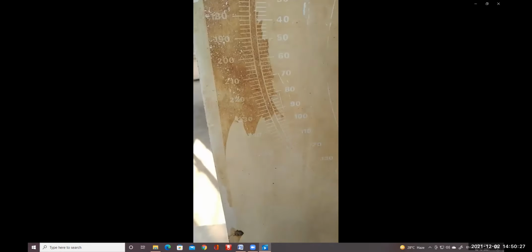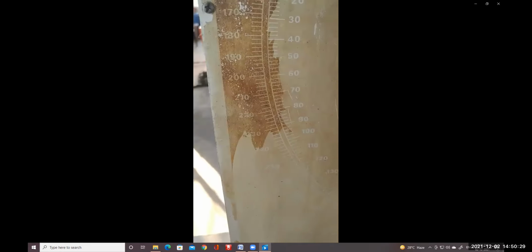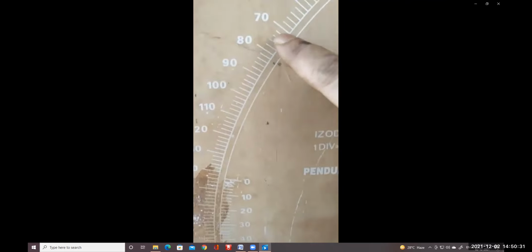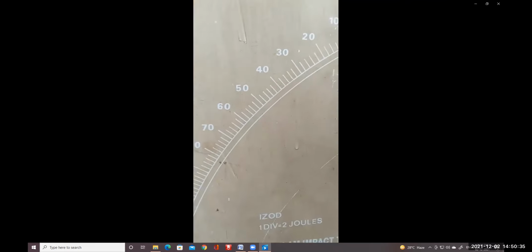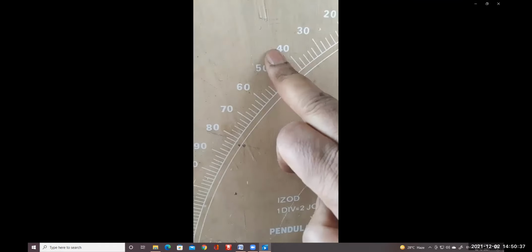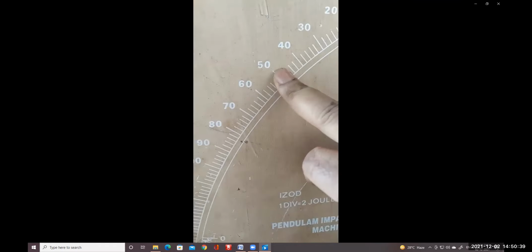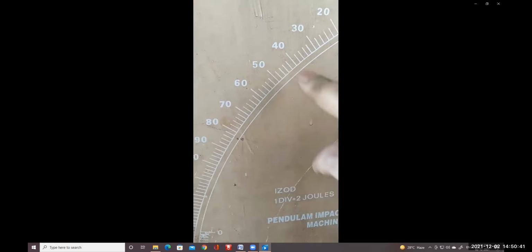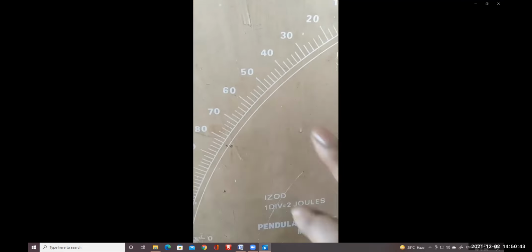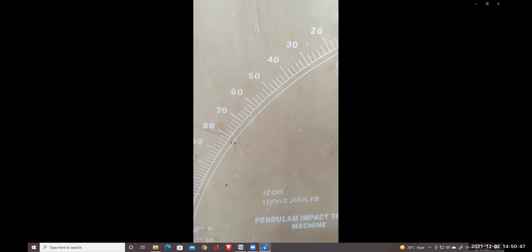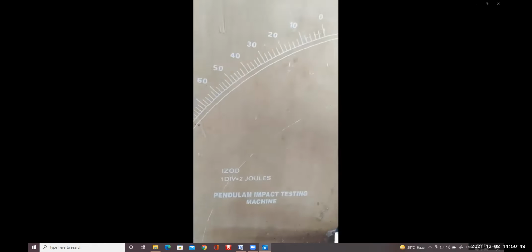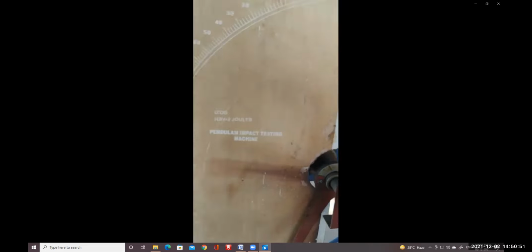But at the time of the Charpy machine, it is also placed in the same position, and it will move possibly up to this 80 to 70 kilonewton because it is released from a much higher position. With these two loads, the joules available from this machine, which are required to break this material, will give you the indication of how much energy is required to break this particular machine element. This is the job of the IZOD and Charpy impact testing machine.